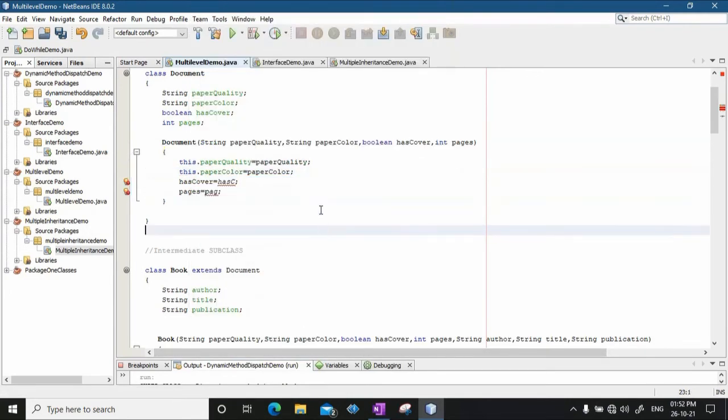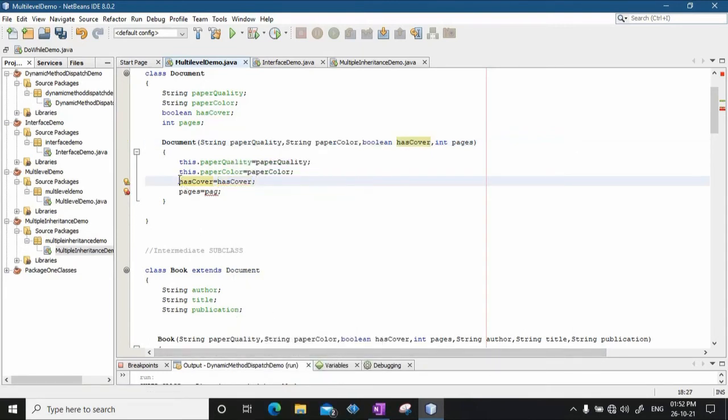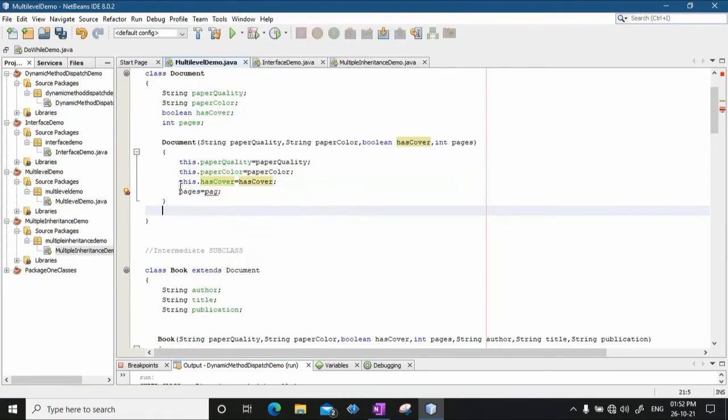So now it is more readable. Similarly, has cover. Now you can easily distinguish that on the left hand side I am talking about the object's attribute called paper quality, whereas on the right hand side I am talking about the value stored in the simple string variable called paper quality. Since I have kept the same names, when I use the this keyword, the ambiguity is solved.